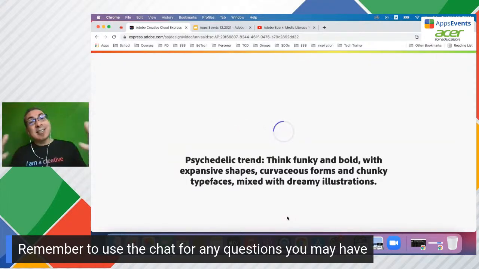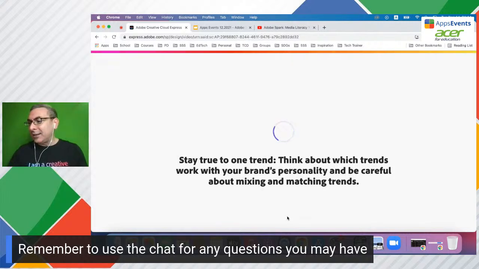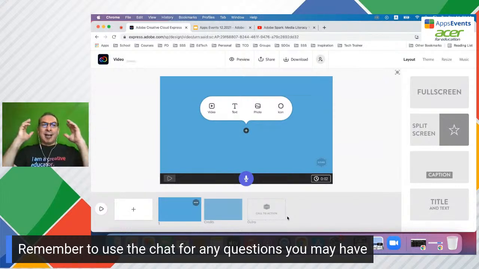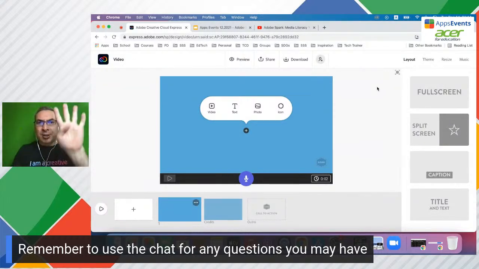But the nice thing is it's in the cloud, so you can use it with a wide range of tools. And Adobe Spark does have a phone and a tablet app. All right, so here we are. First, I want to show you in the top right here the 4 different tabs we have.